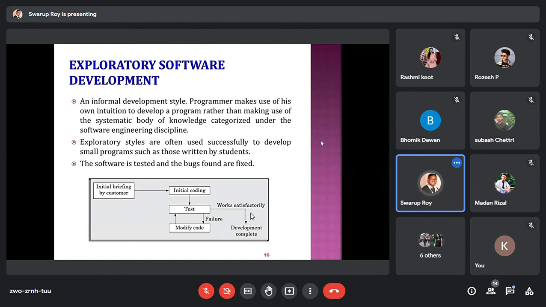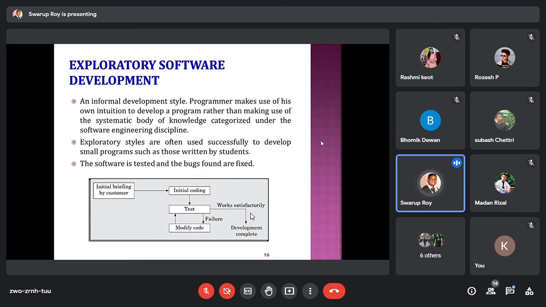The style that such a software firm follows to develop a program is called exploratory software development. Exploratory means trial and error basis style of developing a software product.